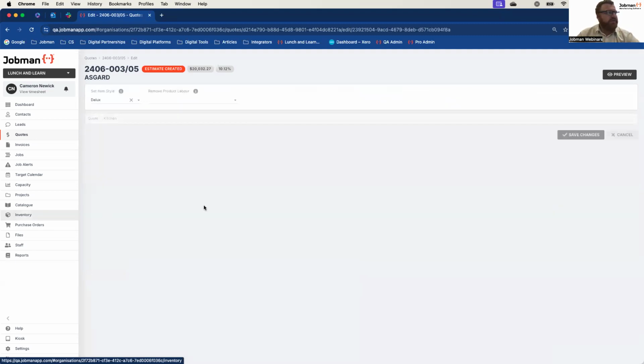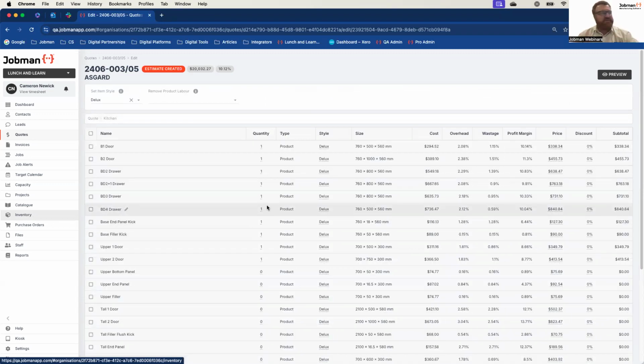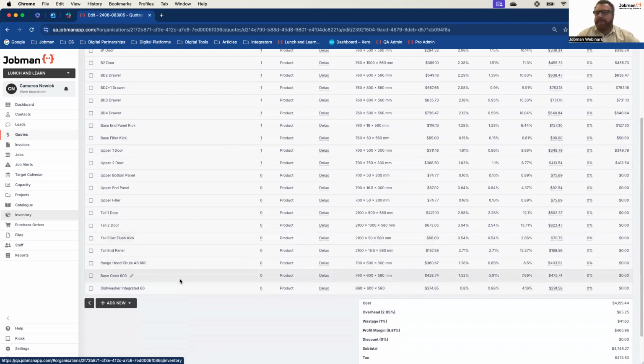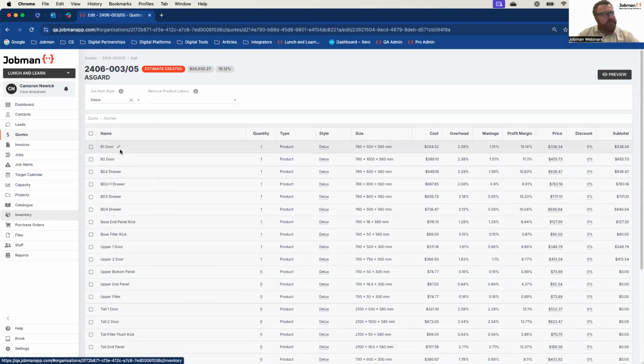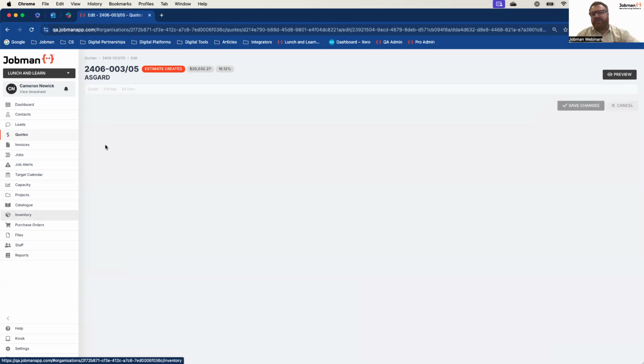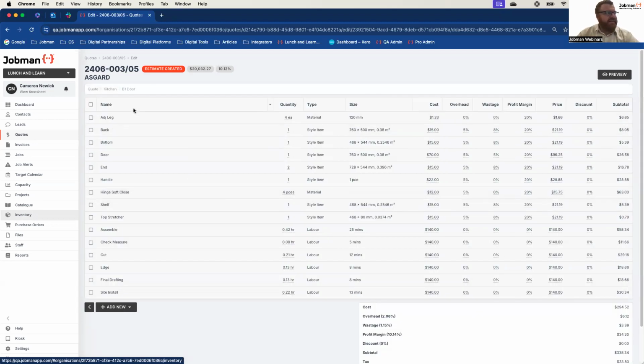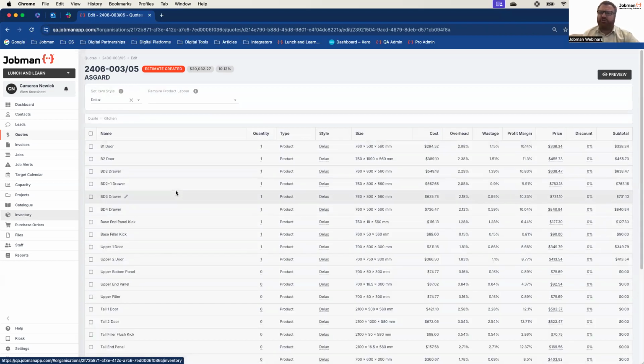The third part is the components. What goes into those items? What are the parts? What are the products, the materials, the labor that will formulate this quote? And as you can see, because I produced all those products, it's starting to become really fast and really easy to go in and produce these quotes. And the fourth part is elements. These are the things inside those products. Now, you're not going to spend a lot of time in here when quoting. This information is simply here just in case you want to see what's involved in the production of those products. And for some companies, they do like to tweak them live.